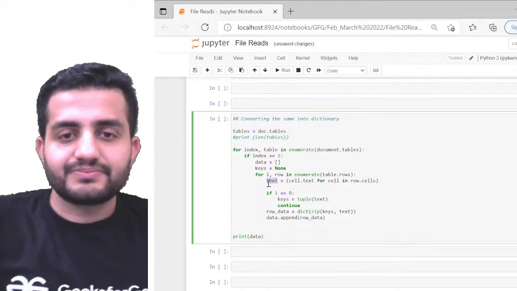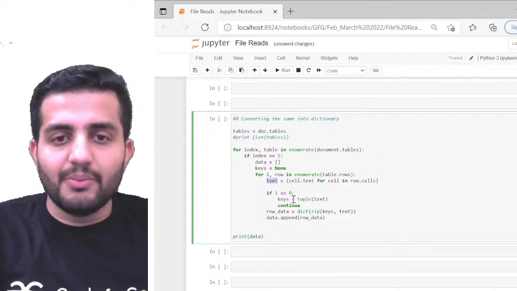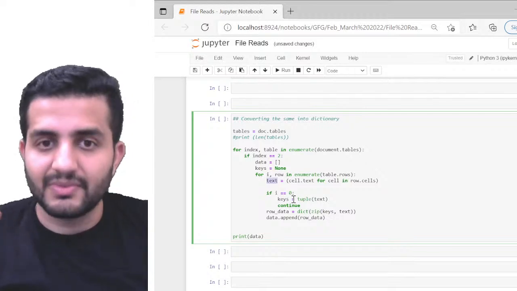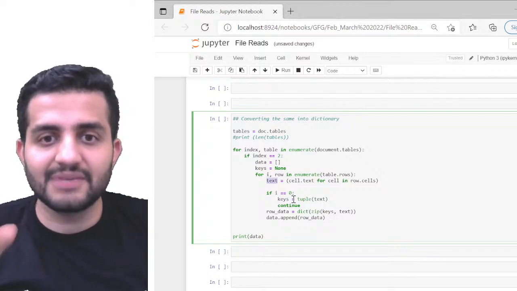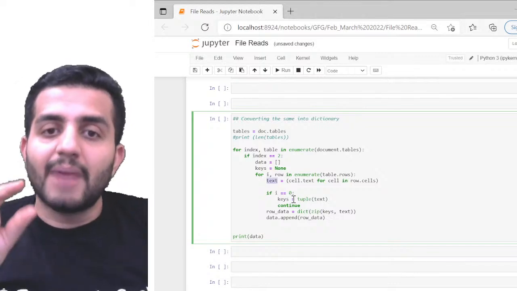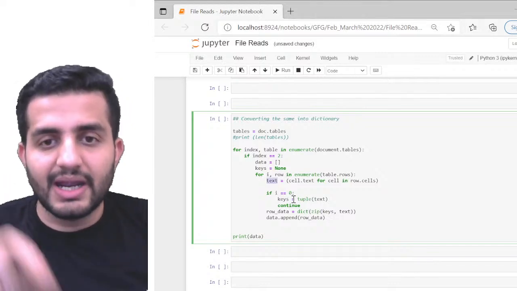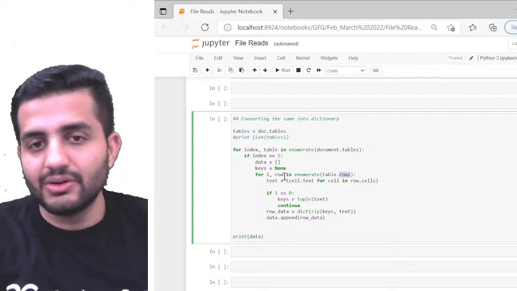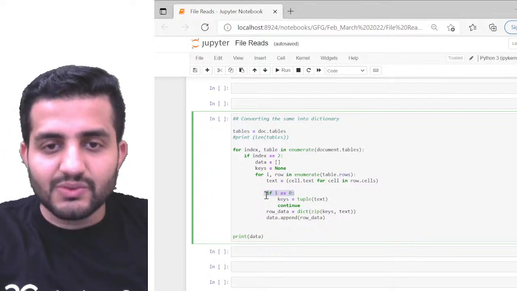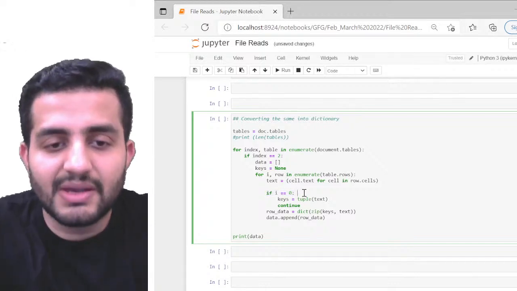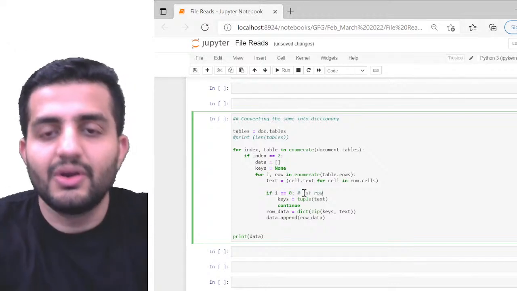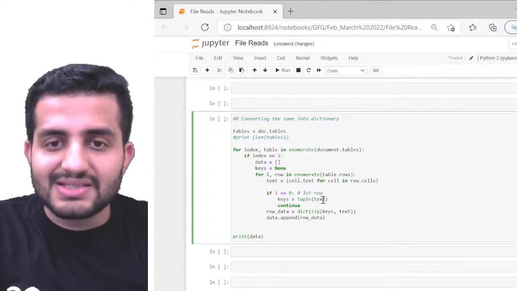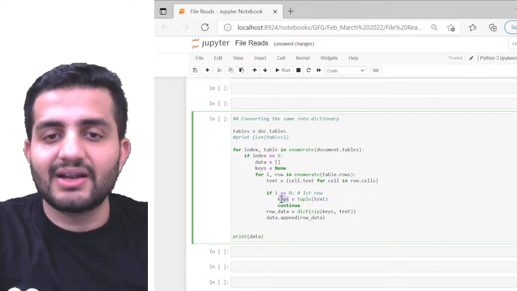Now I have the text, but I also have to get the keys for that. And what are the keys? Ultimately, keys is nothing but my column names. So the key is my column name here. And what is the column name? My first row. The first row is my column, right? Here i means the index of my rows, so the first row index will be 0. So I'm saying that if i is equal to 0, it is my first row. If it is the first row, that means it's the columns. So now I'm saying make this my keys. You got it? I'm just specifying that that's going to be my keys.